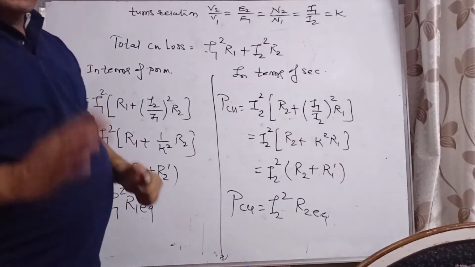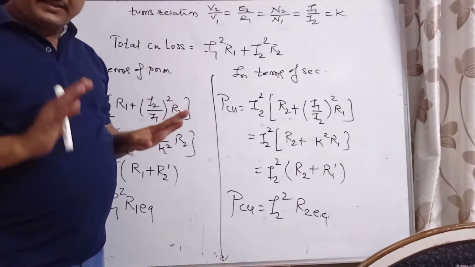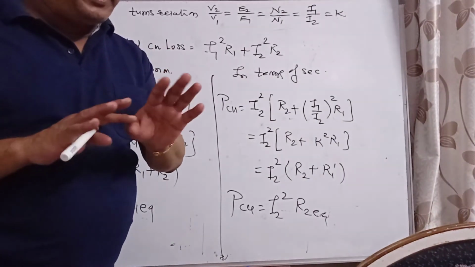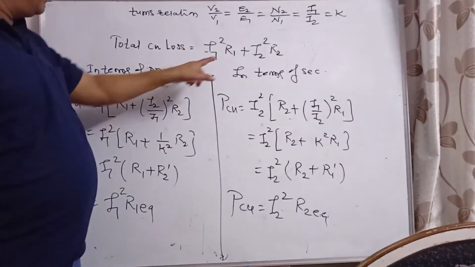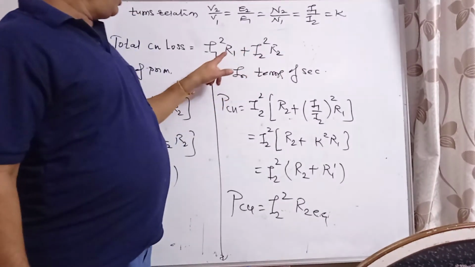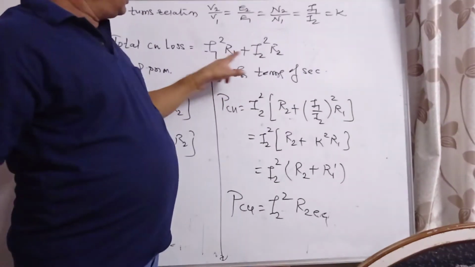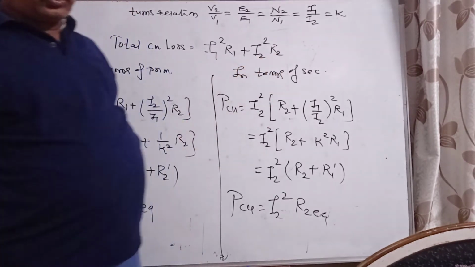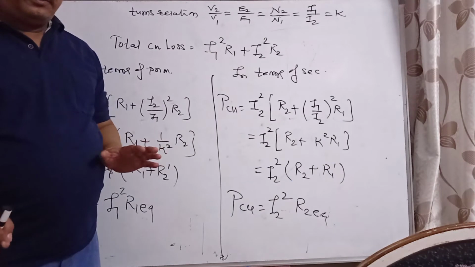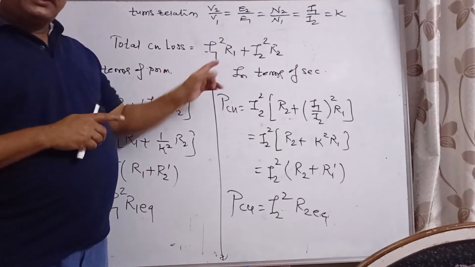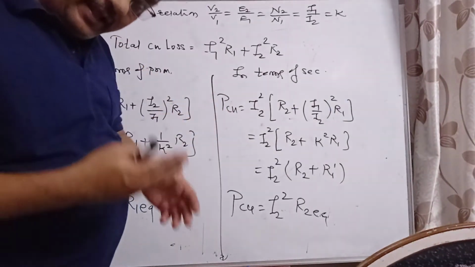So when I am telling you the basic concept, not only resistance, there can be reactance X or there can be Z, combination of R and X. I am writing for resistance, there can be X1, X2 or Z1, Z2, where Z1 is combination of R1 and X1 and Z2 is combination of R2 and X2. So anything can be there. So Z is impedance. It can consist of resistance, it can be only reactance X, or it can be a combination of R and X.